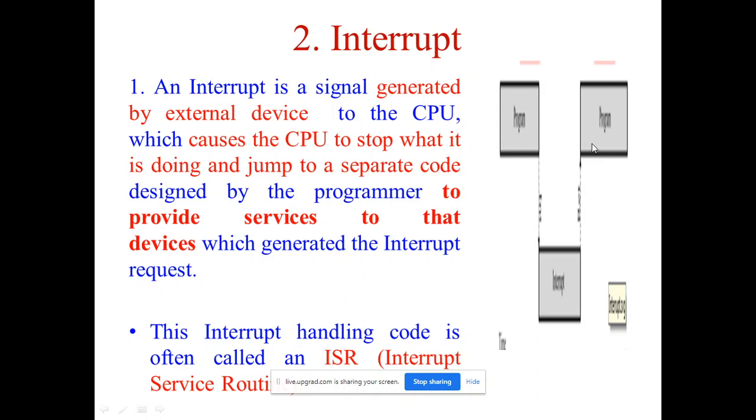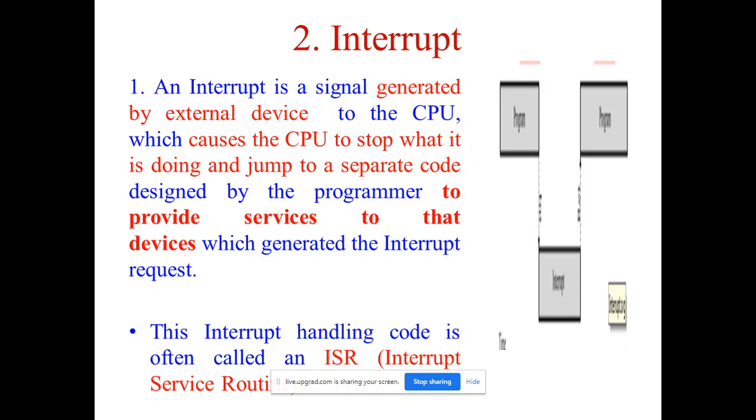For example, suppose you are giving an interrupt through the printer. The main controller is doing its own task, and suppose before this the controller gave some task to the printer to print. The controller speed is more as compared to the printer. The printer takes more time to print something. Once printing is over, it interrupts the controller on a particular pin, that is INT0 and INT1. These are the only 2 pins